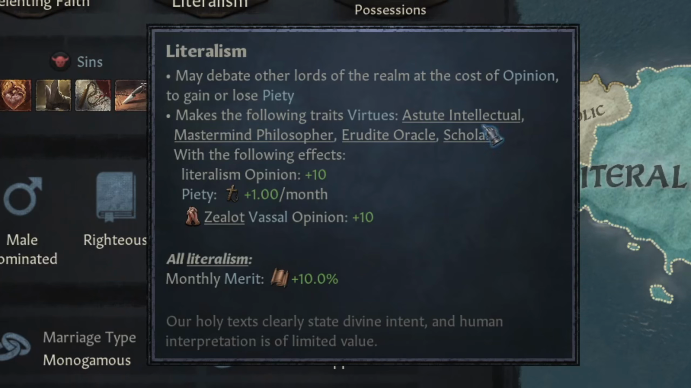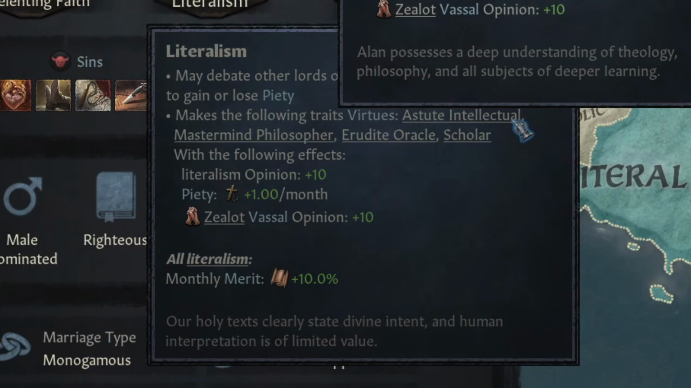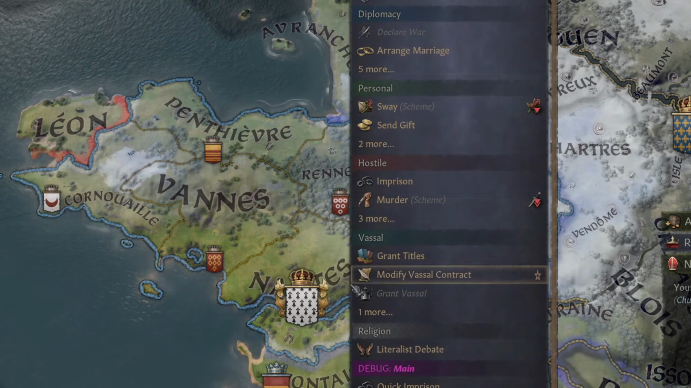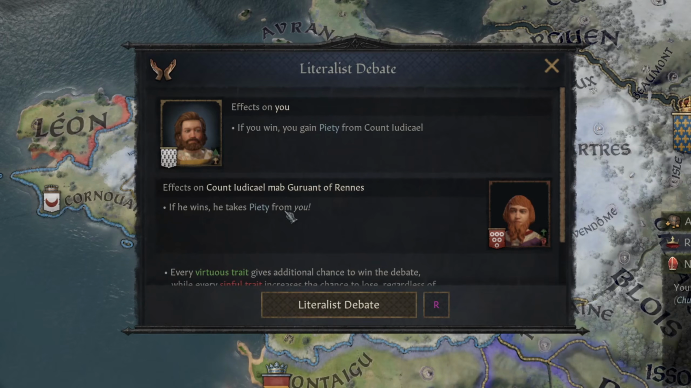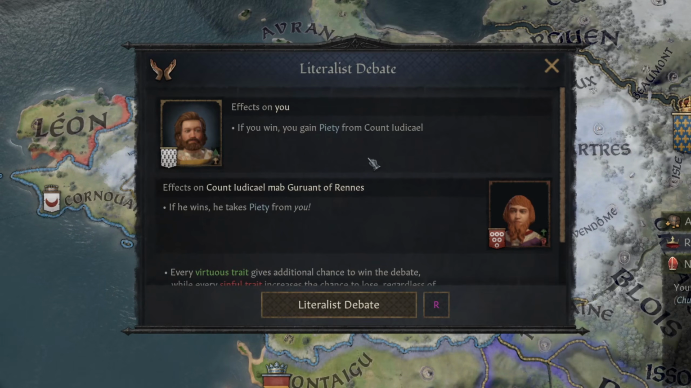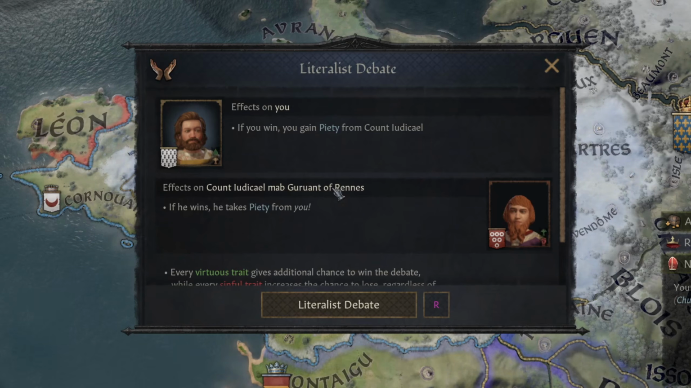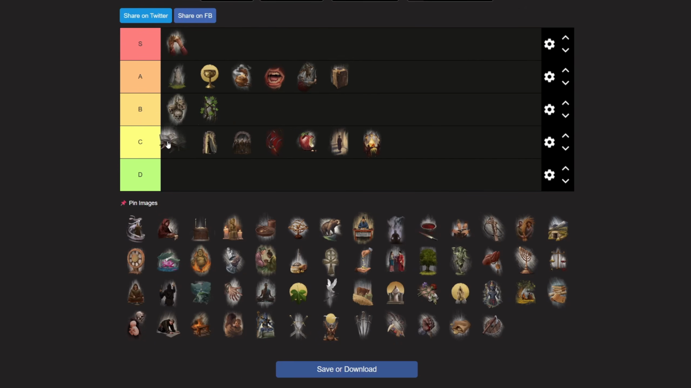Literalism first makes learning education traits virtues in addition to scholar, so it's a pretty consistent way to get at least 2 virtues. However, if you don't like learning education, then this is useless. The literist debate can let you debate with your vassals, and you can get a little bit of piety, but honestly it's easier to just go on a pilgrimage or do something else for piety. So this gives 2 easy virtues, but one of them takes time to come online, so I'd rank it as